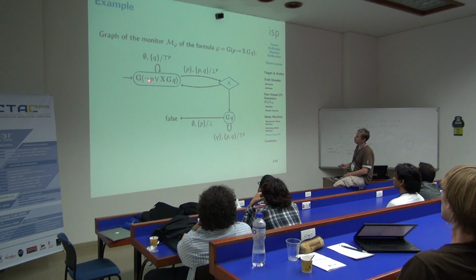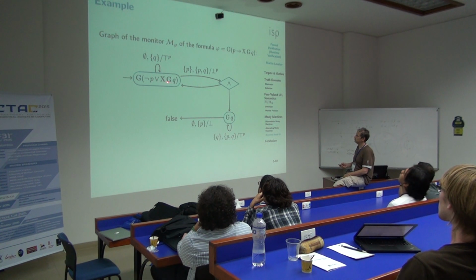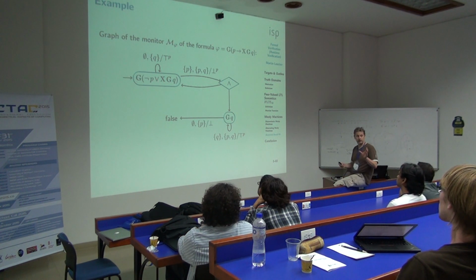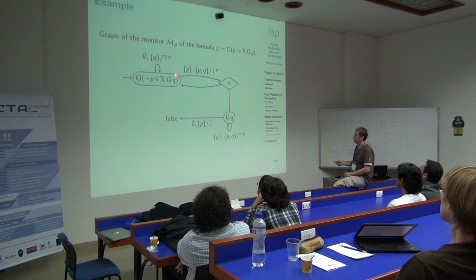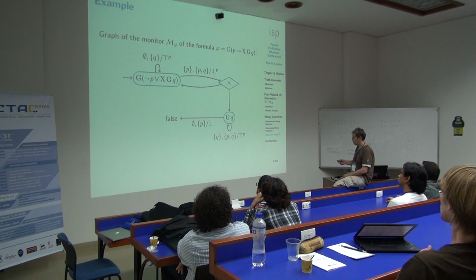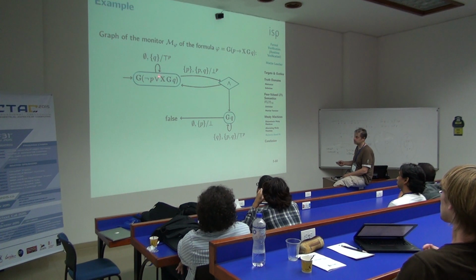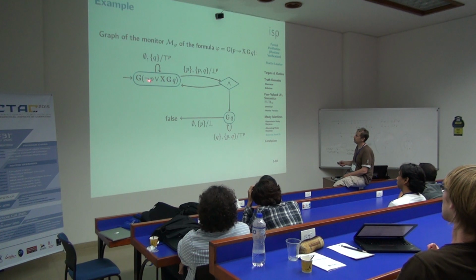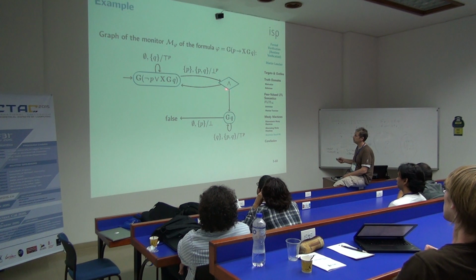If we want to verify globally not P or next globally Q, well, we have to verify not P or something. So now globally unwinds to, we have to verify the inner part and the globally formula. So reading something, we go back to the very same formula. That is chopping off what we're starting next. And we have to verify the inner part. So if we see P or something like that, we have to verify